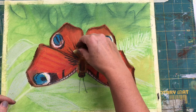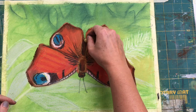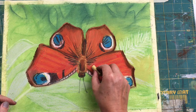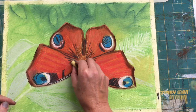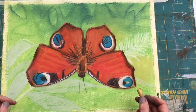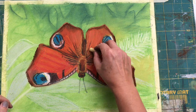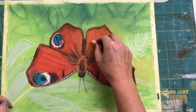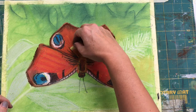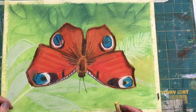You can see that the yellow is combining with what's underneath the section that you're working on, so it brings it to a different colour because it's blending with what's underneath. But allow that to happen. A bit more of that actually. Just a touch of yellow in that section there. Just gives it a little bit more, makes it feel a little bit fluffier somehow. Okay,